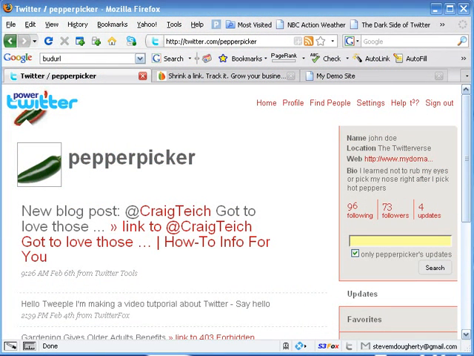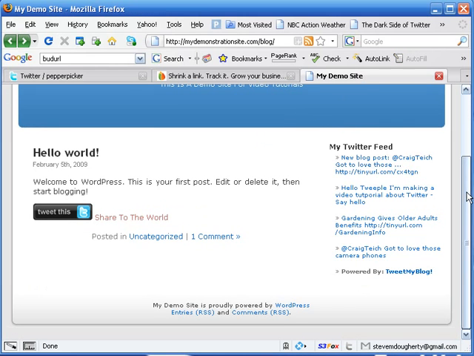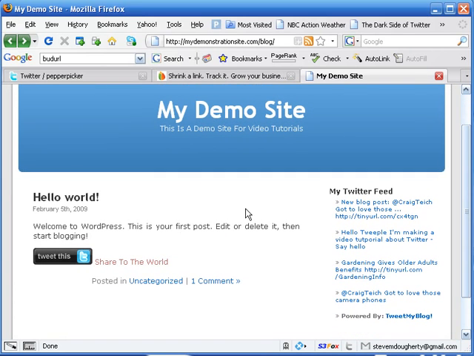Now, another technique you might want to consider in driving additional traffic to your Twitter page, and of course, hopefully increasing the number of followers, which of course will hopefully increase the number of visitors to your URL, is to post quality comments, not spamming, but quality comments on other people's blogs referring to that particular post on their blog. For example, using my demo site blog as an example, if you were to go here and let's say this was a quality post, then you can click here on comments.